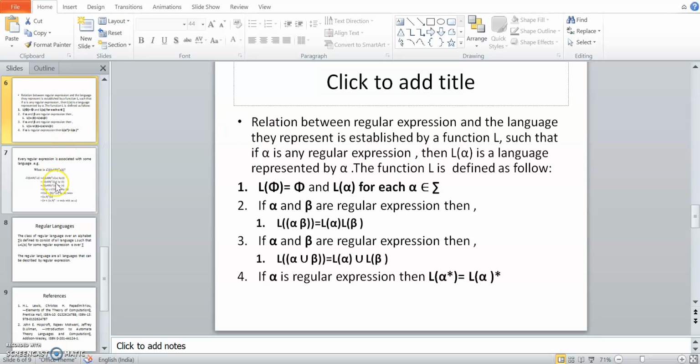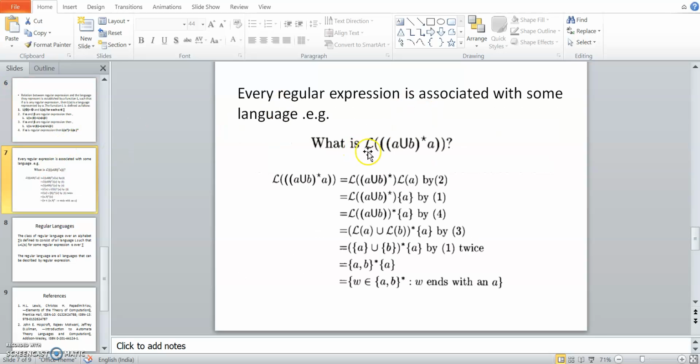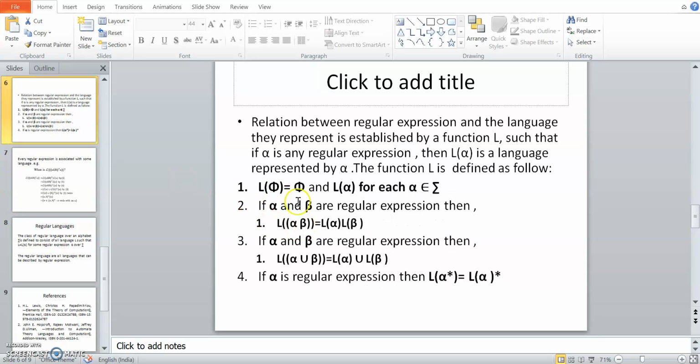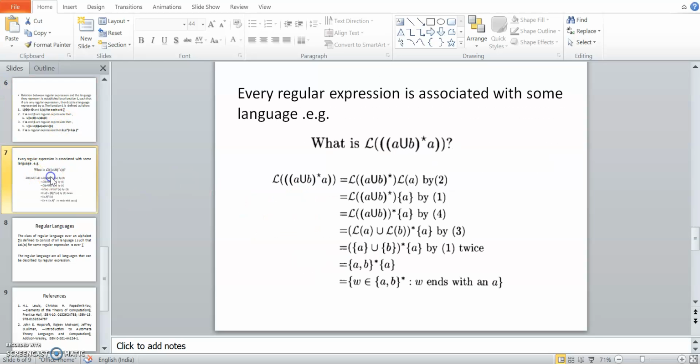So based on this, tell me what is the language of (A union B) star A. How do I come to know what this regular expression says? How should I convert it into English? First of all, you should find out the meaning of this expression by using the above 4 rules. Applying these 4 rules, we